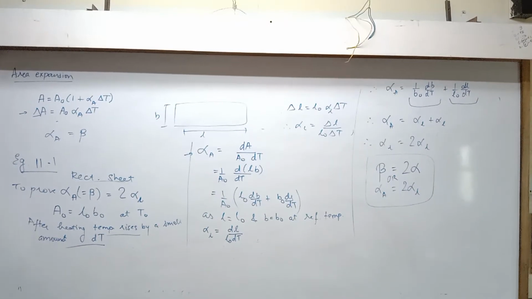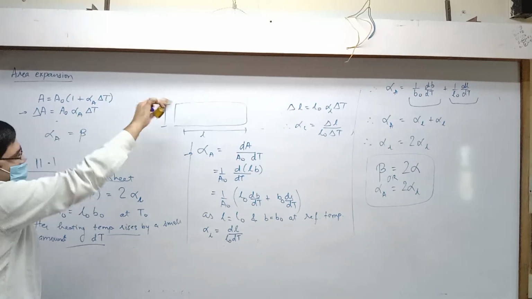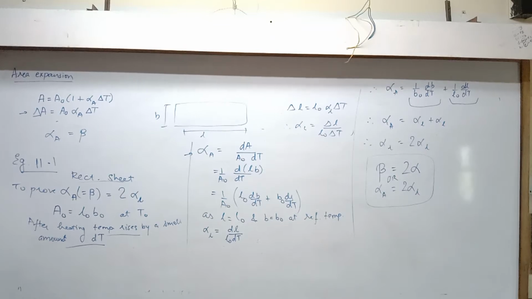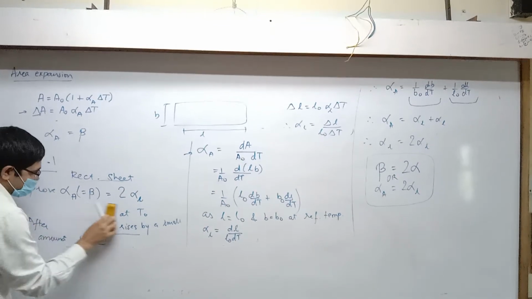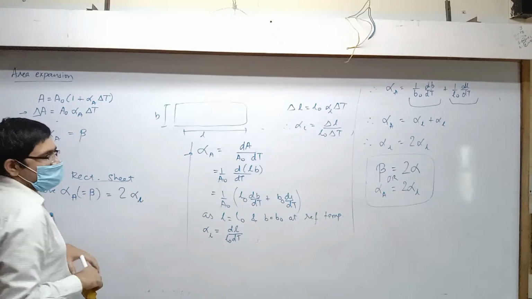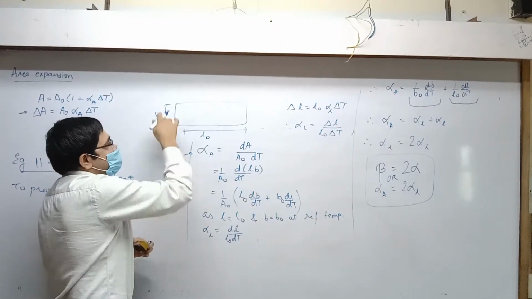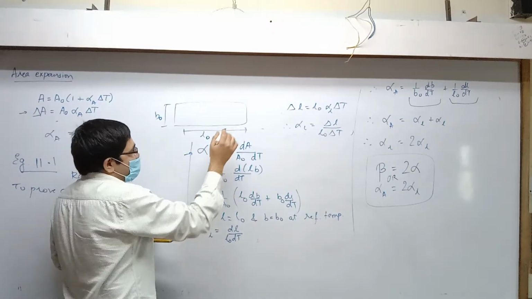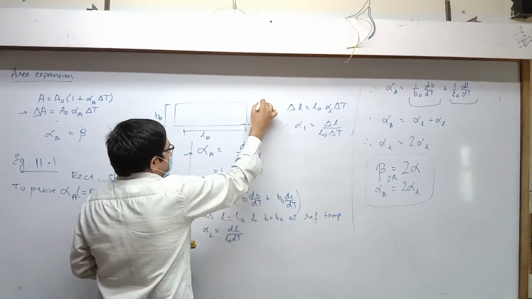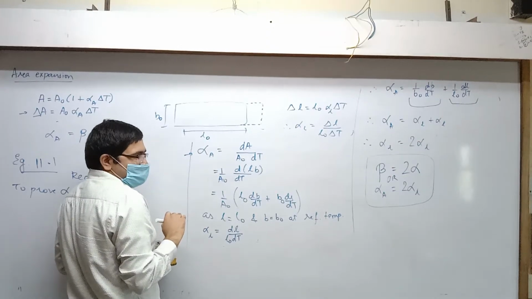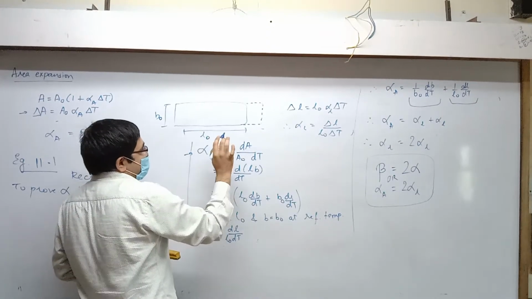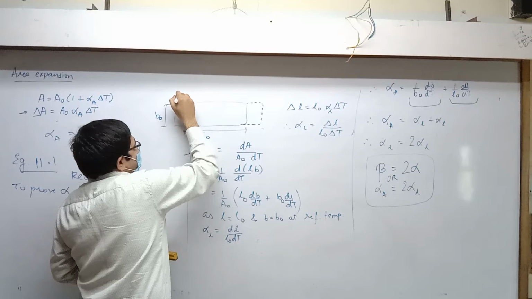Now let me also cover the geometric area. Right? Perhaps the differentiation and all that seemed difficult to you. So geometric. So that means definitely you got a fact about this rectangle. Okay. So let's start. So suppose original length is L0, original breadth is B0. So this area is A0. Now because of increase in temperature, let's say length increases by this amount, which is again small, and breadth increases by this amount.